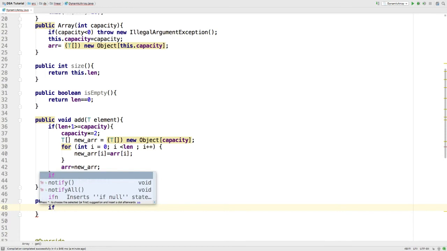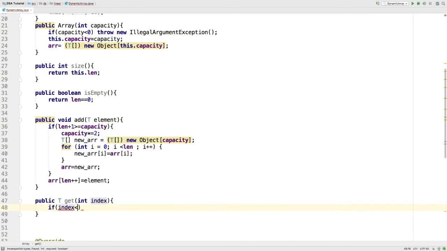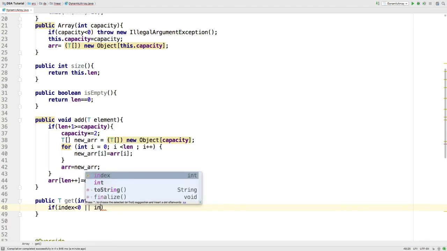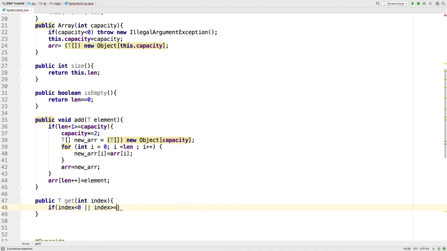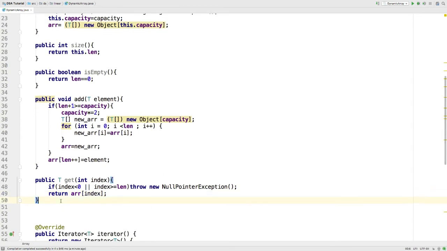Now if index is less than 0 or index is greater than or equal to length, we will simply throw a null pointer exception, and if everything is okay, we will return the element at the index. Now get method is done.